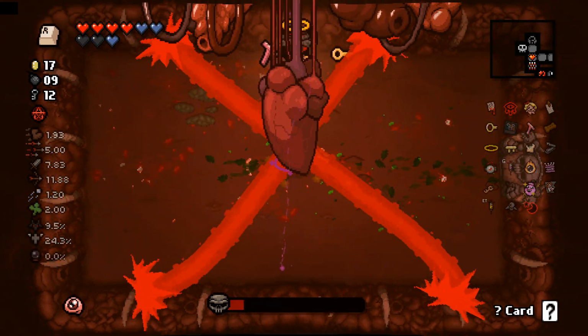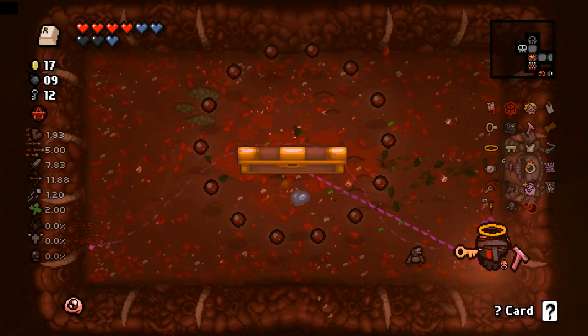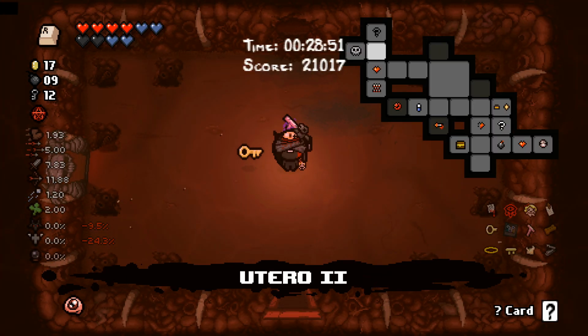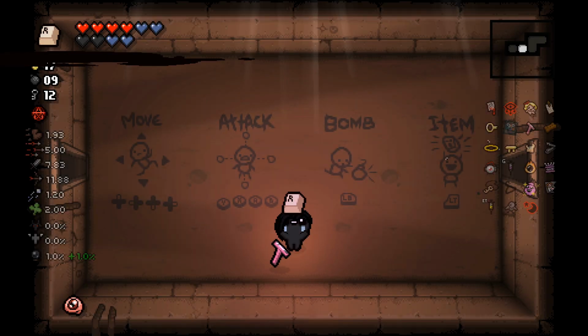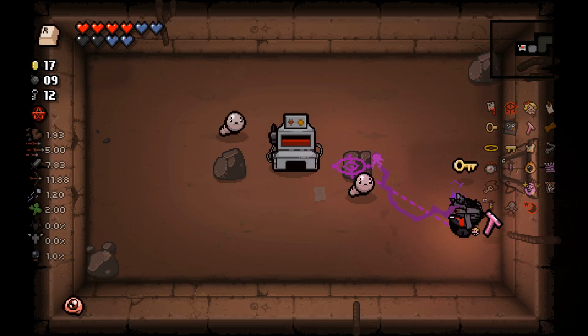And whoops. No worries. No angel room, no devil deal. I believe that is called, let's use our card. Our time is set to 28 minutes, so we are not going to get